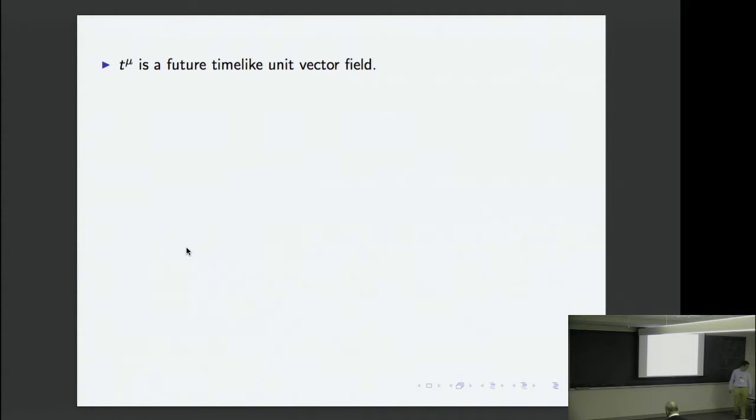Okay, and as I say, T mu here is a future timelike unit vector, and